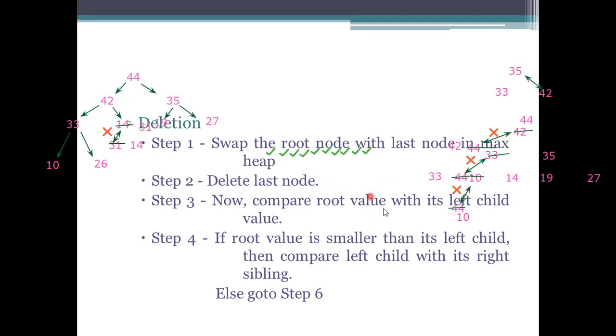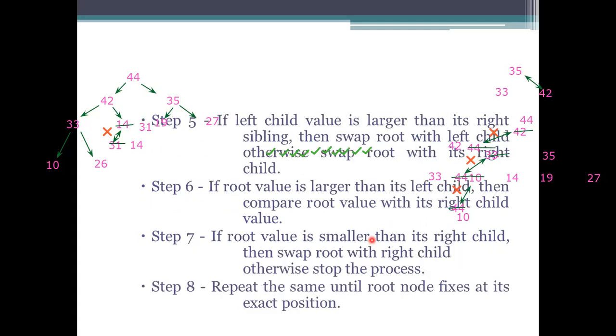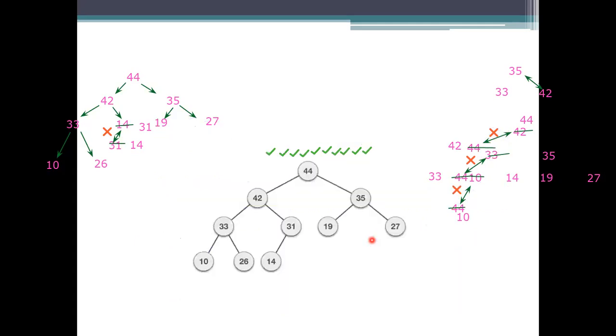Okay. And coming to the next one, compare the root value with the left child, and then all the values, left, right, all these values will be compared, and we need to reprocess, or recreate, our tree here. And after recreating that tree, if it is less than or greater than, we need to follow the same procedure. All these steps are done. The swapping will be performed there, and we need to repeat all these steps to get the final one.